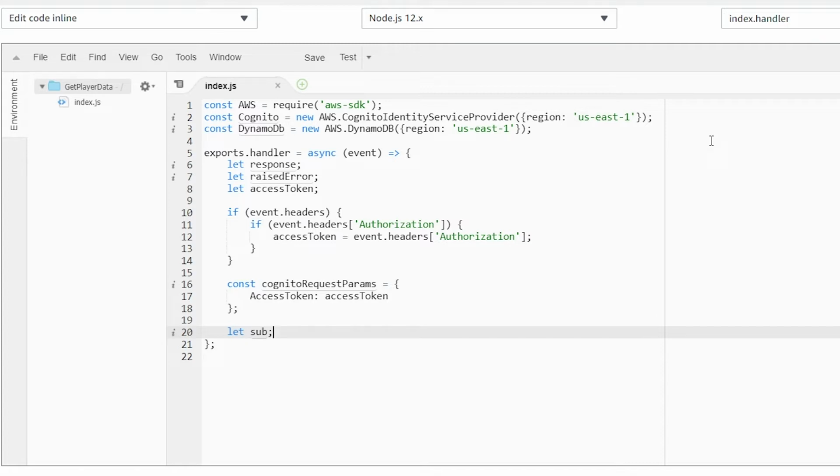The access token can be used to call the cognito getUser function, which will get us all the cognito user pool attributes of the user associated with that access token, including the cognito sub ID. So let's call the getUser function by writing await